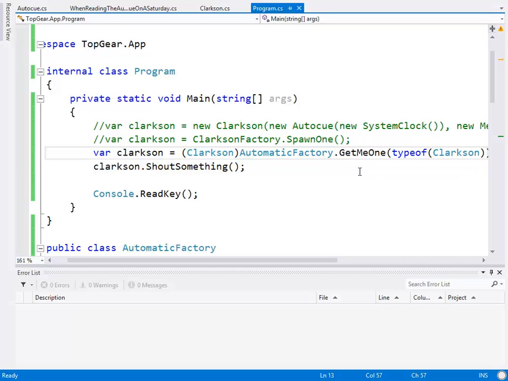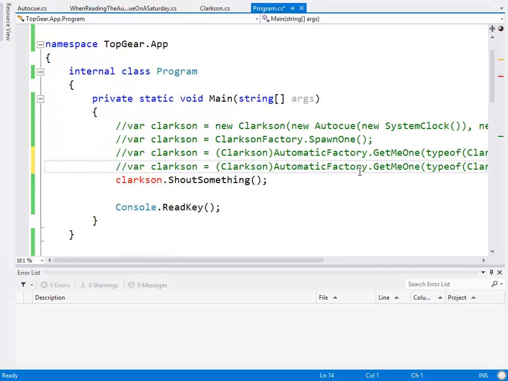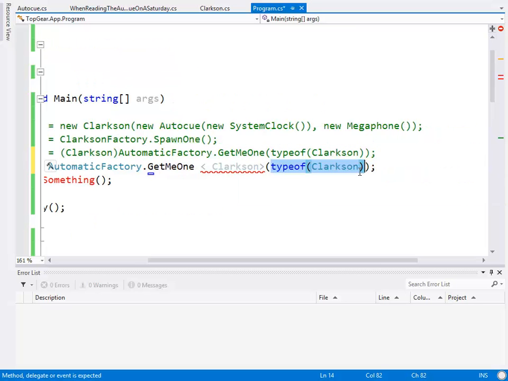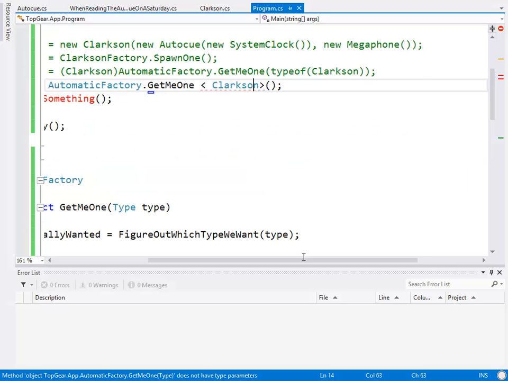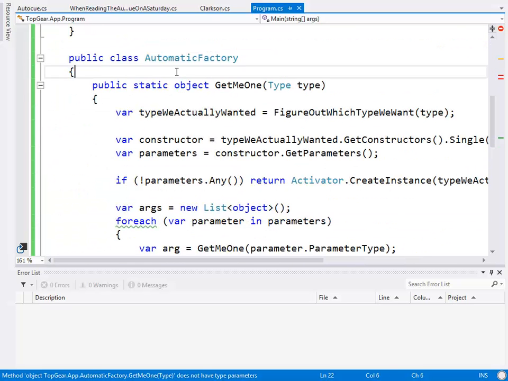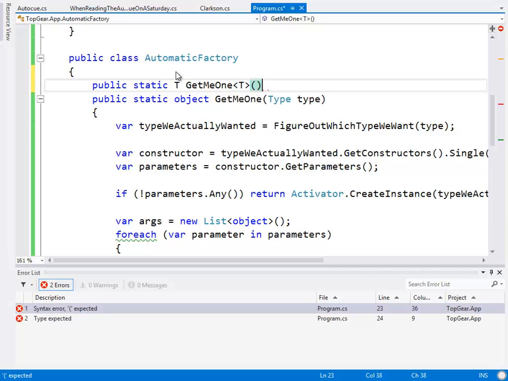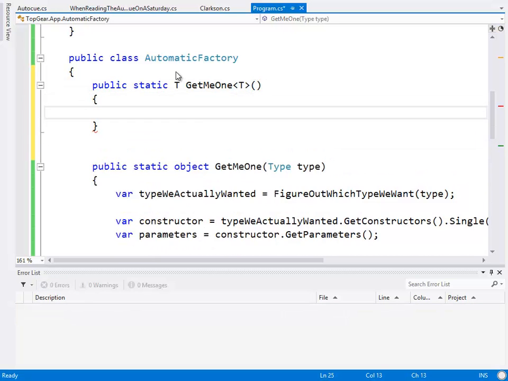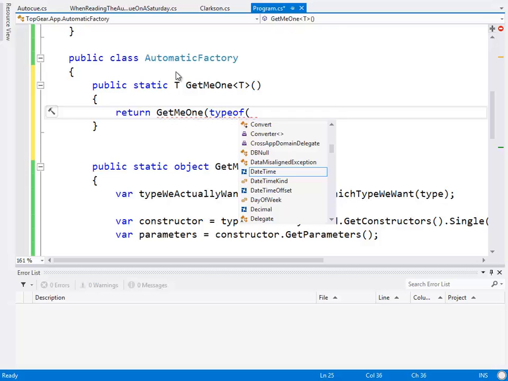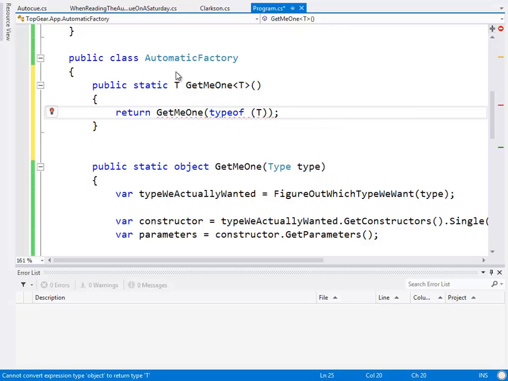I'm just going to add a quick overload to that, comment that out, copy that, and I'm going to say automatic factory.GetMeOne of type Clarkson, because we like generics, and I'm going to create an overload, public static T GetMeOne of type T, and we're going to return out of this GetMeOne of type of T, and we're going to have to cast that back to a T. There we go.